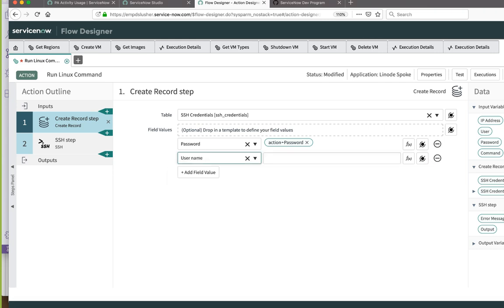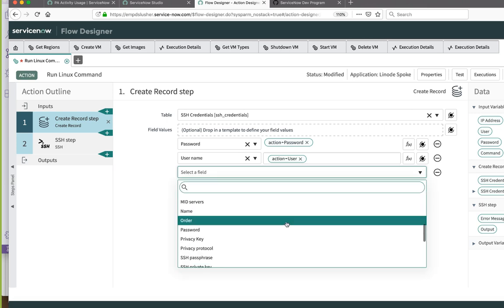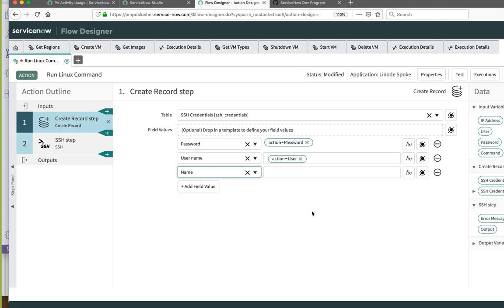Username? Yep. Let's just give it a name for this thing. Let's just say the user plus the ID or user plus IP address or something.